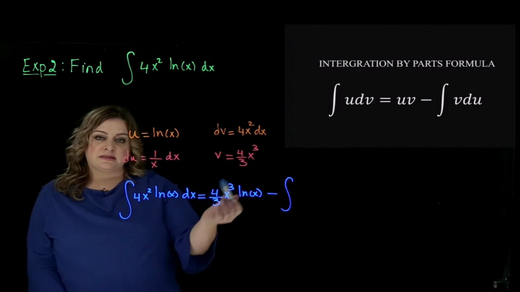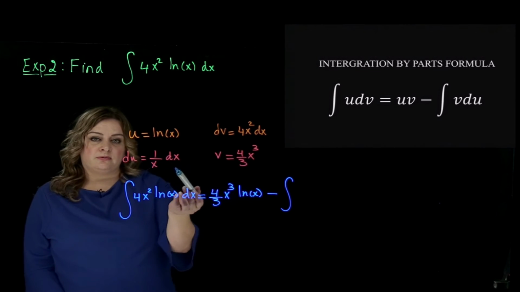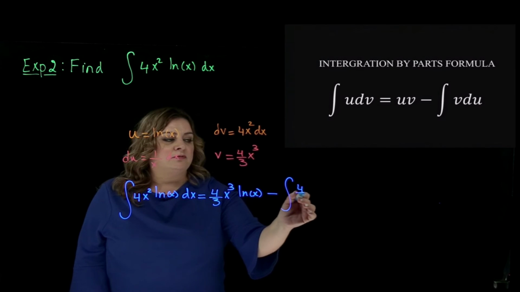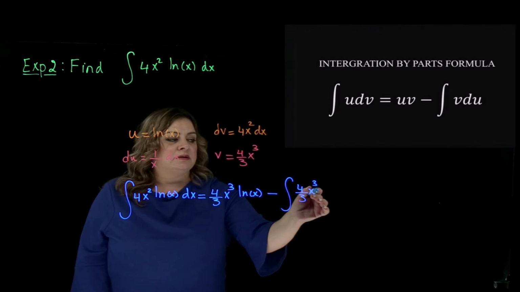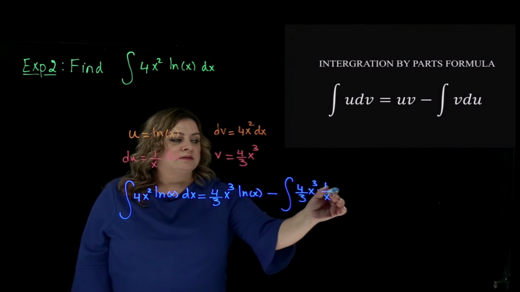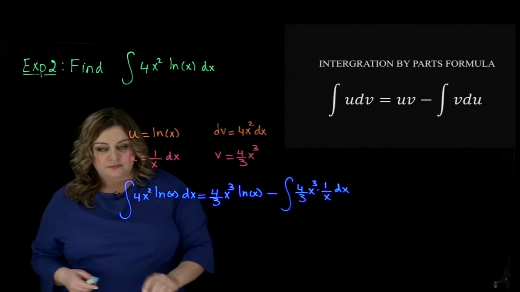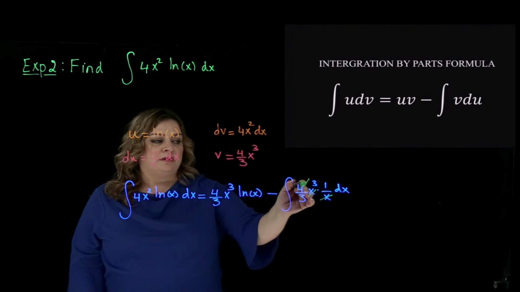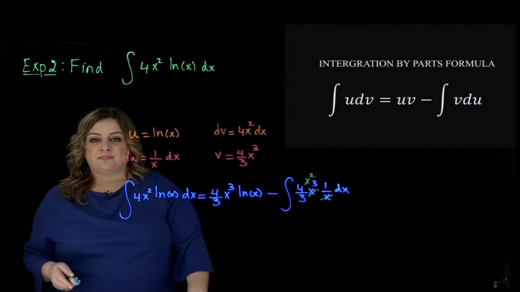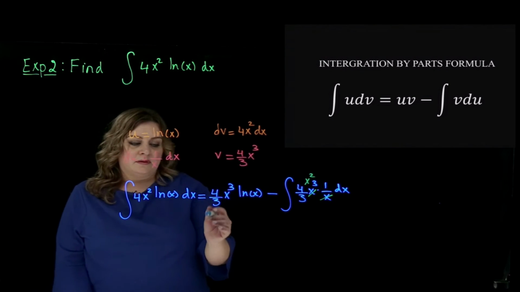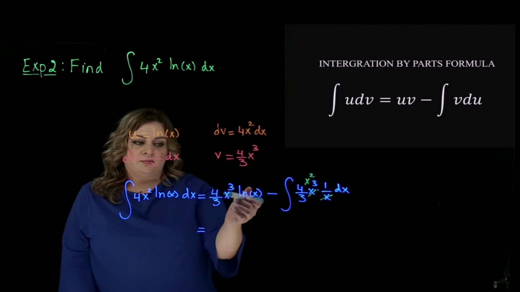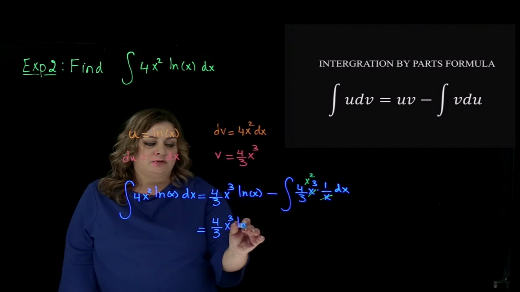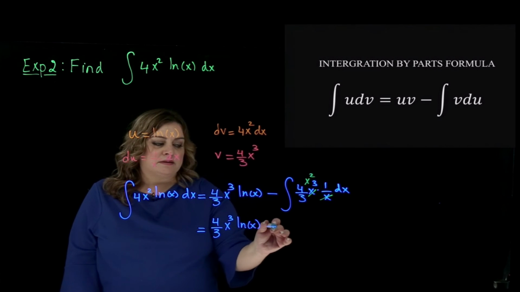v is 4/3 x cubed. du is 1 over x dx. So this is going to be the integral of 4/3 x cubed times 1 over x dx. We notice that the x will simplify, and we will have x squared. Now this is going to equal, we bring down the first term, 4/3 x cubed ln of x minus,